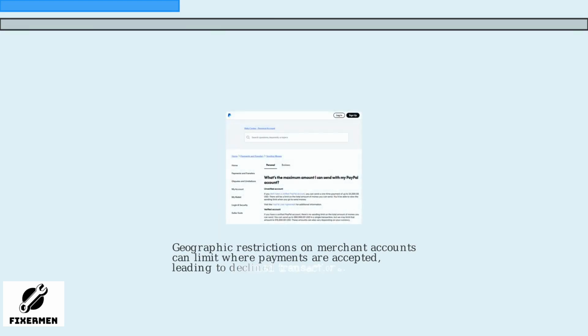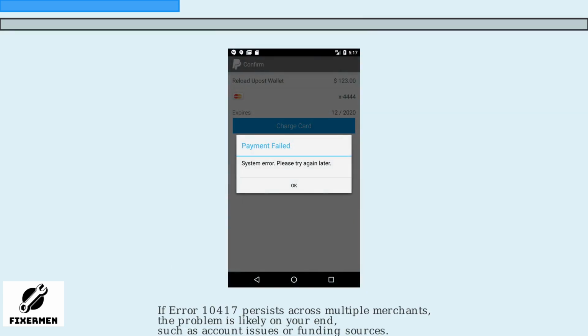Another merchant-side issue is geographic restrictions. Some merchant accounts have limits based on location or currency, as shown in this PayPal limits page. If a buyer is in a restricted area, the transaction will fail. This screen shows a typical payment failure due to system errors, which could stem from merchant API problems. However, if you encounter this error repeatedly with different merchants, it suggests the issue is with your PayPal account setup